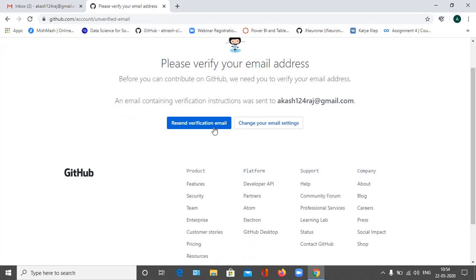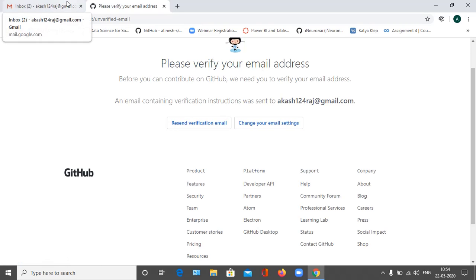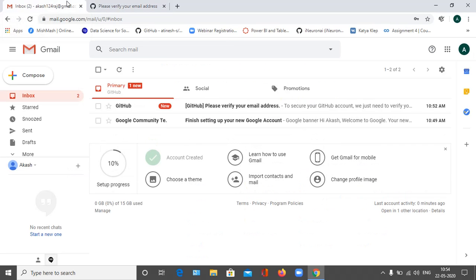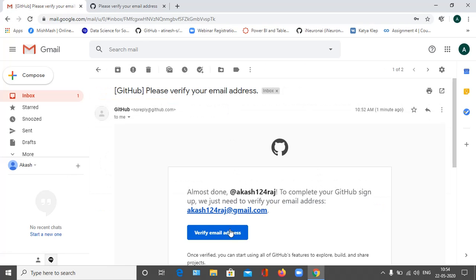Sometimes it happens that we are not done with our account creation, but suddenly I got this page asking me to please verify my email address. Okay, so I have to go to my Gmail account, open this mail, and click on verify email.